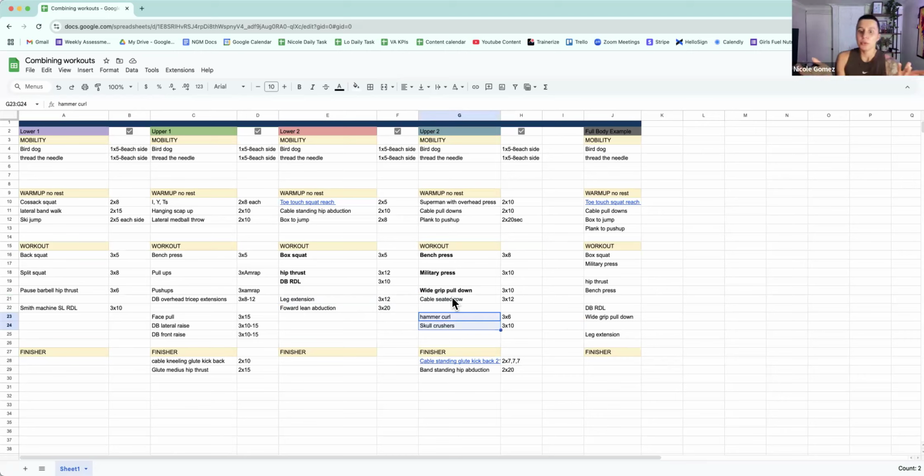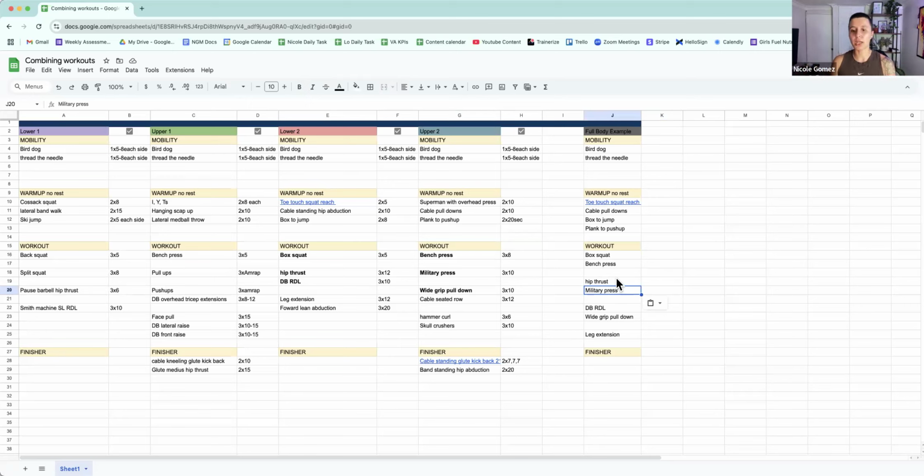How can you do this if you don't have a spreadsheet? Literally just write it down. I usually just look at my workout and then I'm like, okay, I really want to box squat, hip thrust, RDL, and then I want to bench press, military press, and do a pull down. And then I'm just going to put it into a set. Now, question, could it have made more sense for me to do it like this: bench press with box squat, hip thrust with military press? It doesn't matter. We are just trying to get through these workouts, and we're trying to do it as best as we can, right?